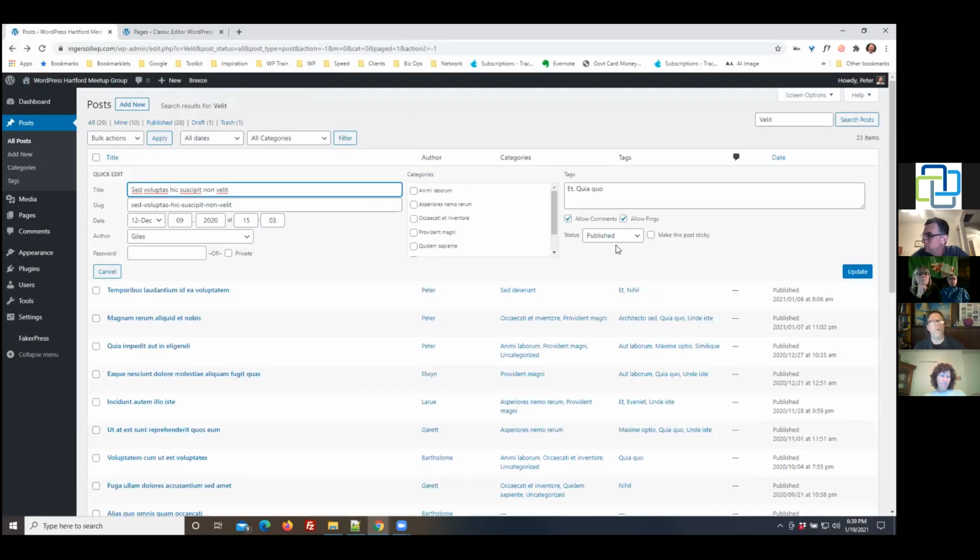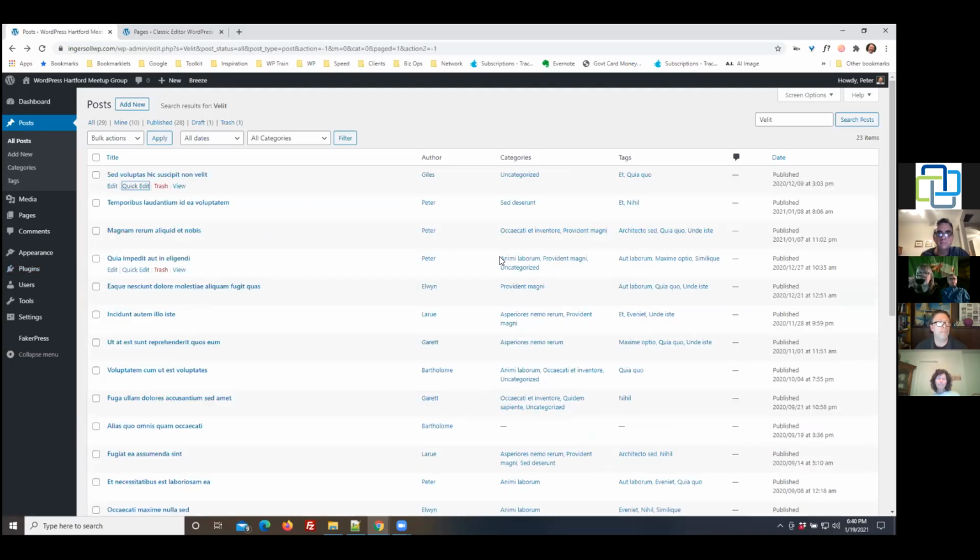Quick edit opens up not the content, but some of the meta things around it: your categories, your tags, basically everything but the main content for the most part. So what author, if you need to change who the author is, and you could do this actually in the post, I'll get into that in just a minute. But the quick edit allows you to get access to some of these top level